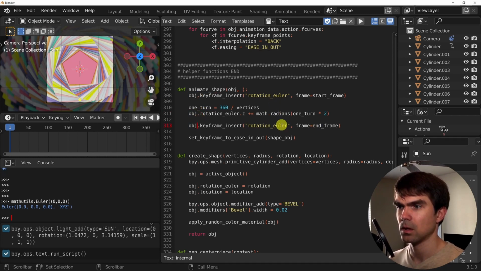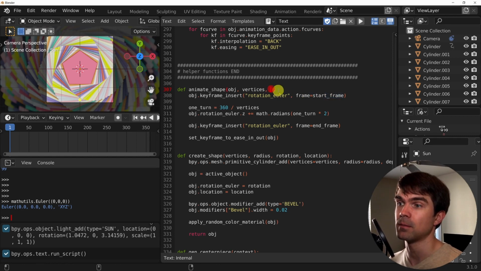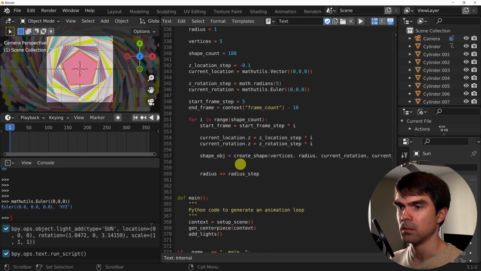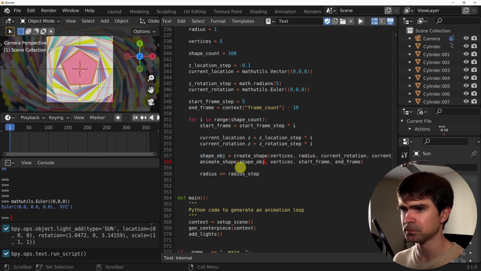So we're gonna need the vertices passed in. We're gonna need the start frame, and then we're gonna need the end frame right here. Copy this and move it under this. Again, remember to update the name.